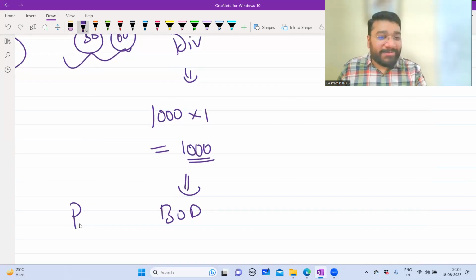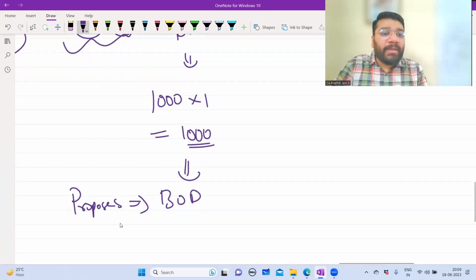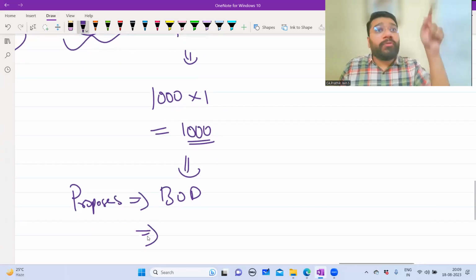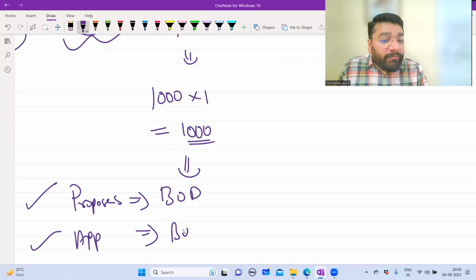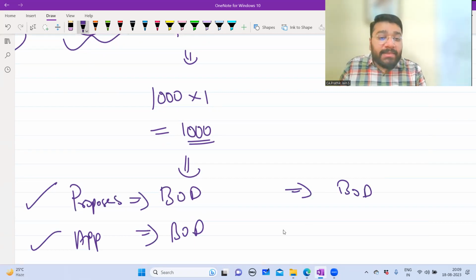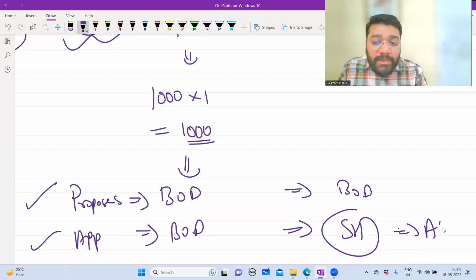They go into their past. No. Proposes means what? Recommended. The board of directors recommends that so much of the dividend should be paid, and this has to be approved. So, in the case of an interim dividend, the proposal is done by the board of directors and the approval is also done by the board of directors. But in the case of a final dividend, the proposal is done by the board of directors and the final approval is done by the shareholders in the annual general meeting.